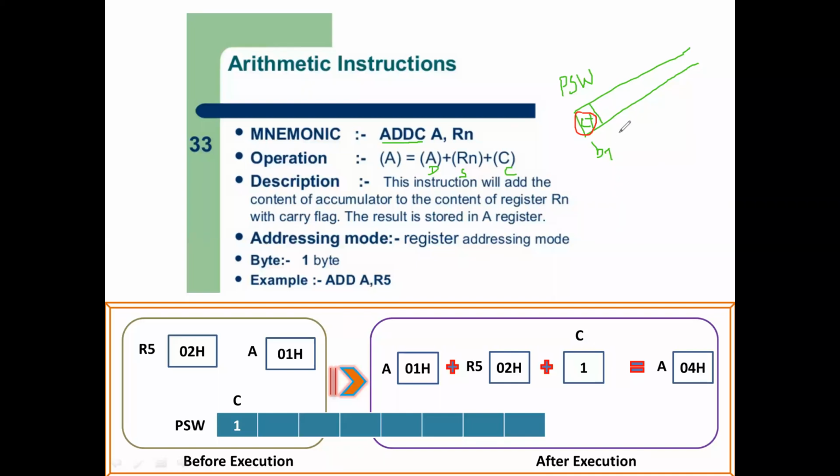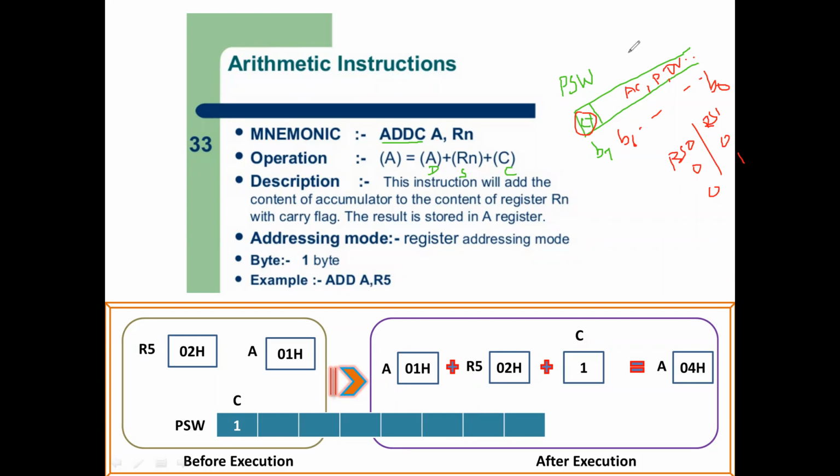We have bit 7, bit 6, like that we have 8 bits. We have auxiliary carry, overflow, parity. Like this we have. And we have RS0 for bank selection, and RS1. From these two bits, we select bank 0 with 0, 0, and bank 1 with 0, 1. Like that, we have to place a 0 or 1 in the appropriate place.